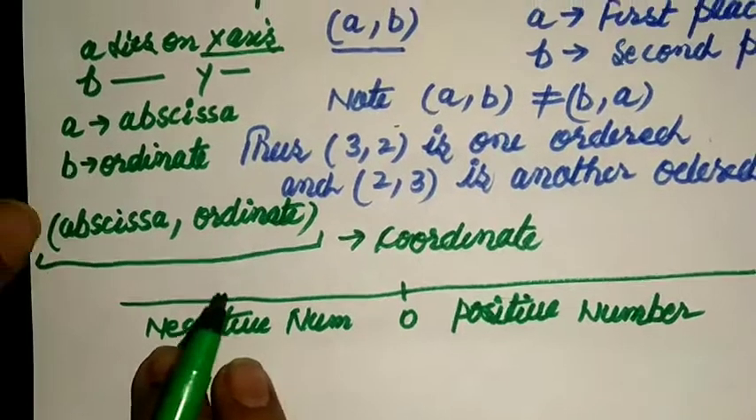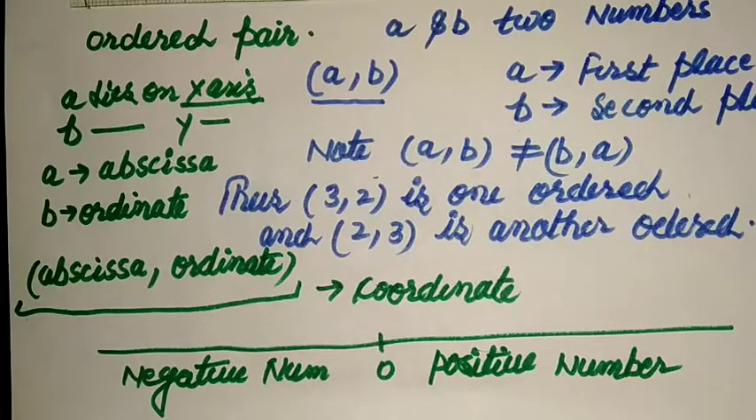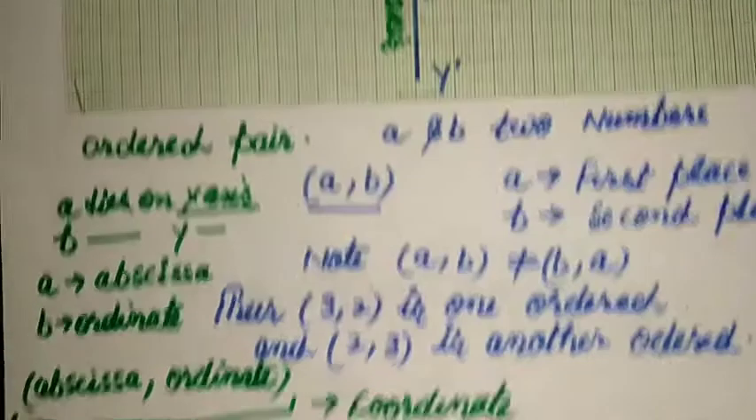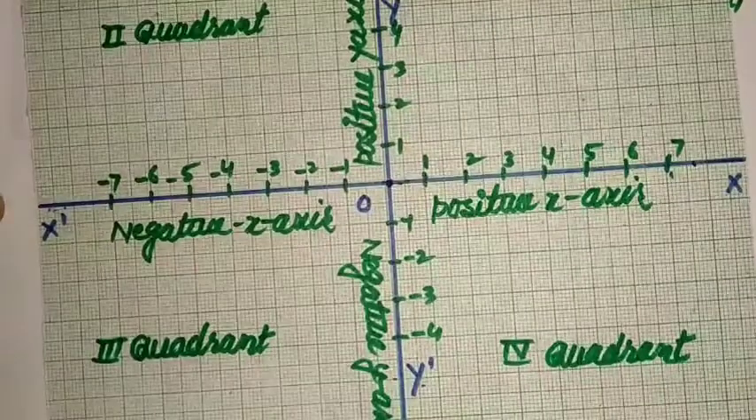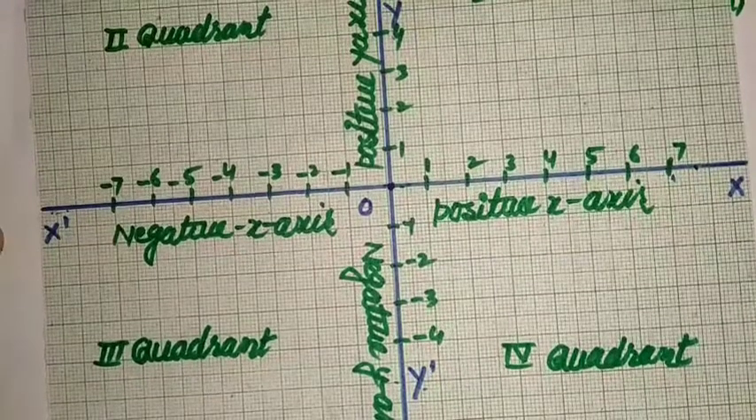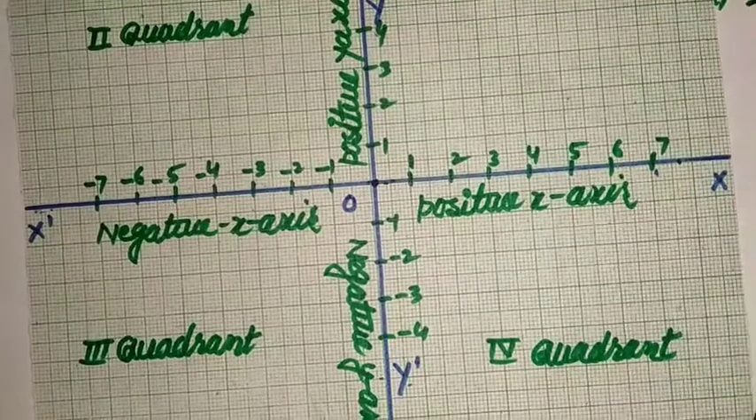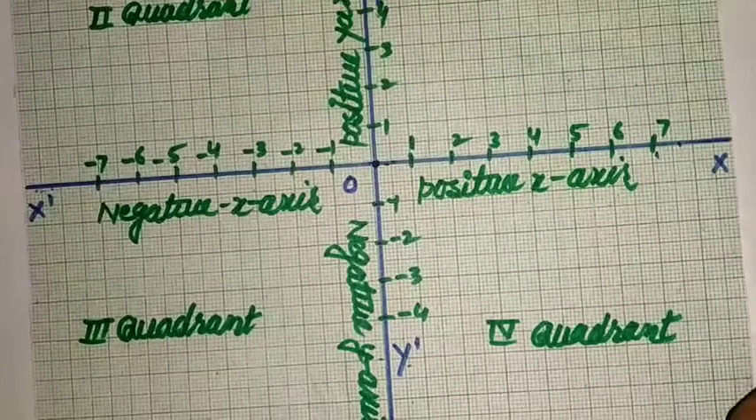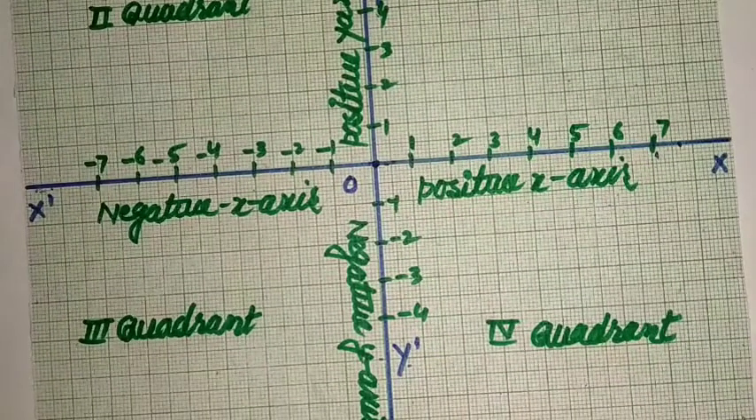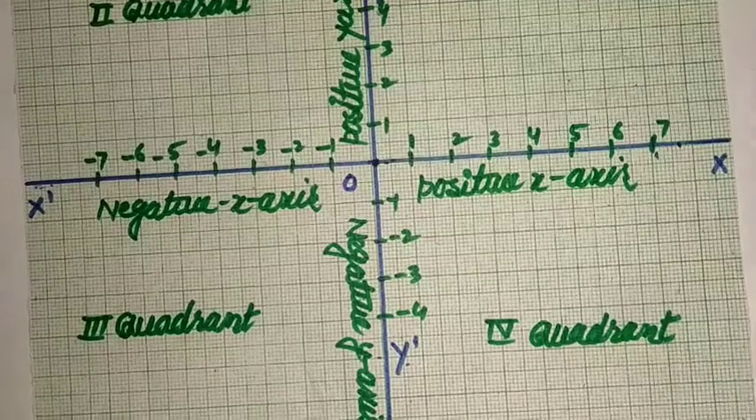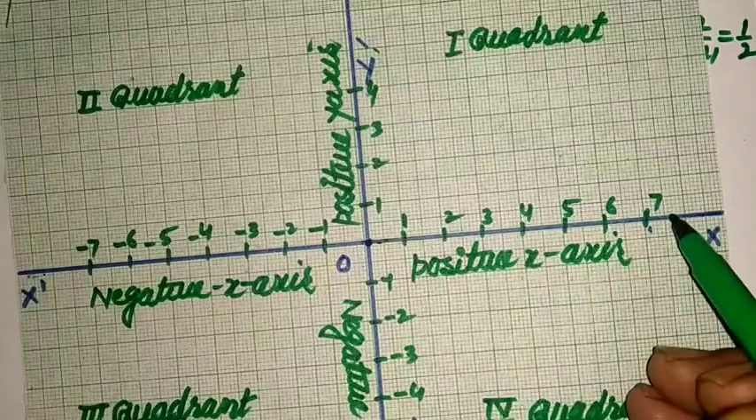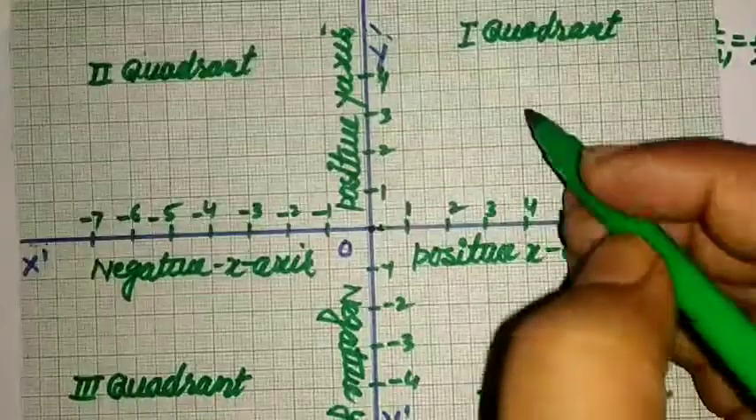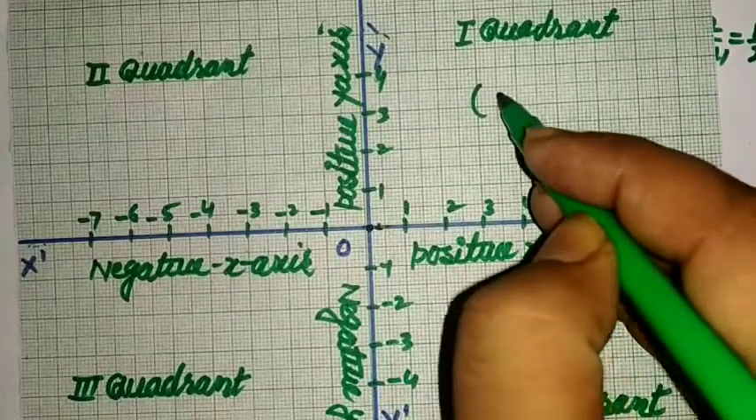Isn't it? So these are the basic funda here. Now see, in a graph, the first point is known as the abscissa and the second point as the ordinate. So we can locate any point on this graph paper, isn't it? So the first point here we can say is positive, and the second is positive. So the point is in the first quadrant, plus plus,